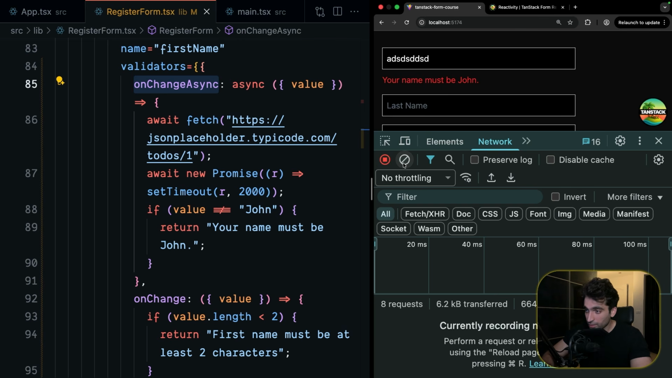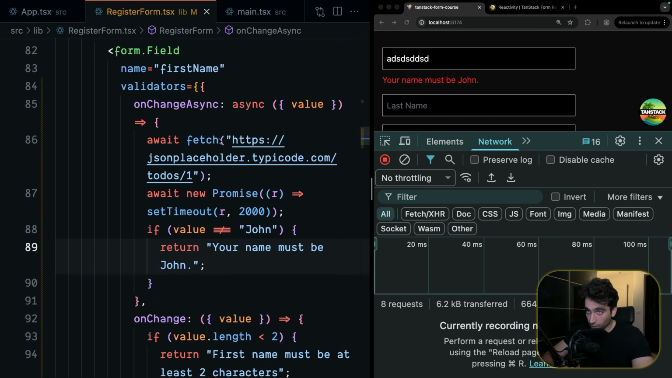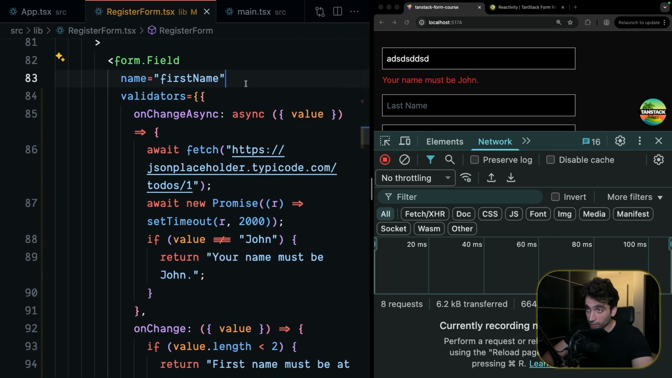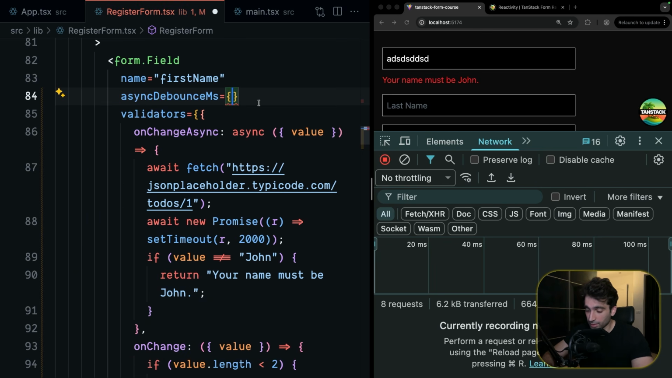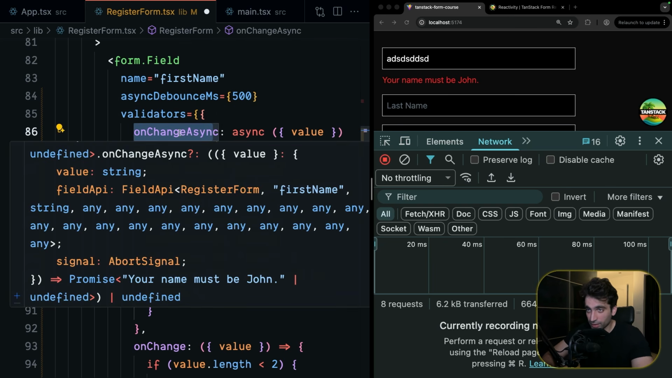So I'm going to clear this. And we also have an option to debounce this onChange async function. So we can debounce our function in a couple of ways. First, in the field component, we can maybe pass this asyncDebounceMs. And let's say 500 milliseconds or so. And this is going to debounce any function that we have here, any async validation function, onChangeAsync, onBlurAsync,